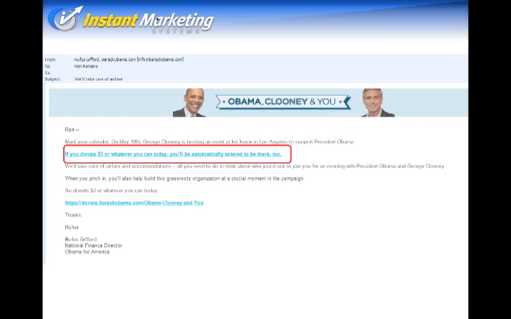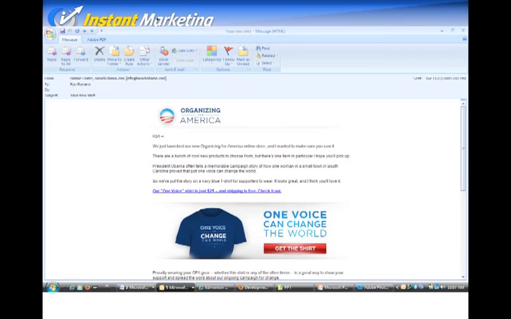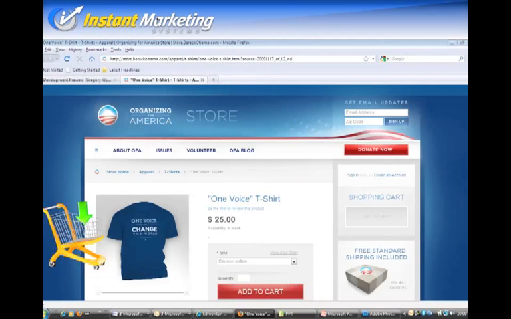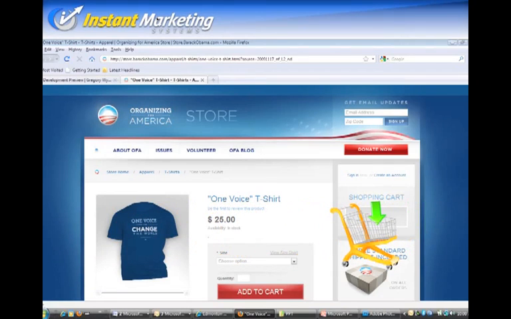If I have a 1% conversion rate on 10 million emails, how many email addresses is that? And how much is that times $3? And you better believe a lot of people are putting in more than $3. And this is constant. It's not just a one-time deal. He's sending me a t-shirt that I can buy. A One Voice Can Change America for just $25. The President of the United States is running a shopping cart on his website. So if it's good enough for the president, it should be good enough for you.